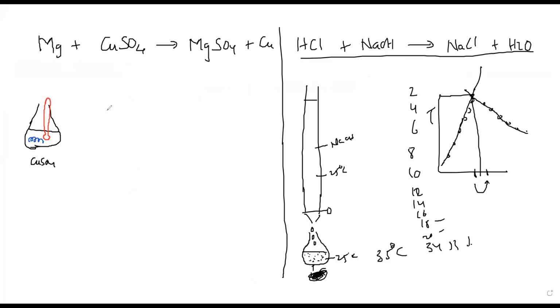Okay, then why do I need a graph here? Because this reaction is happening very slow. So for this magnesium to react completely, it may take 1 minute, 2 minutes, 3 minutes. The total reaction that has to happen is not happening in half a second. It is taking minutes, a long time. So in the meantime, understand that my heat loss is going on. That's the problem: for maximum temperature, I have to wait for 3 minutes. In those 3 minutes, how much heat loss has happened?